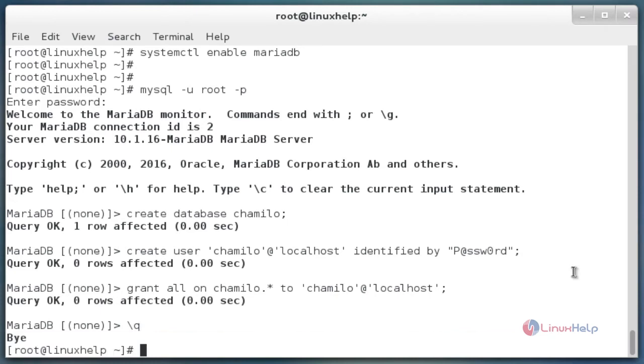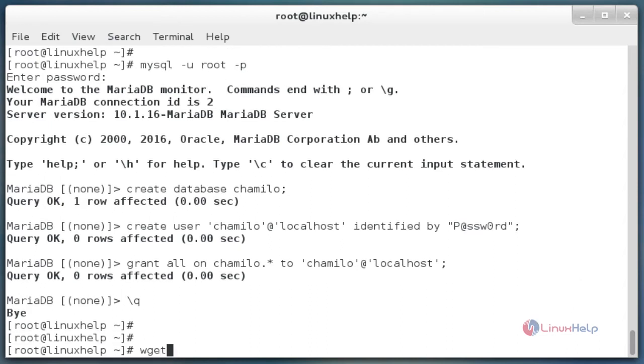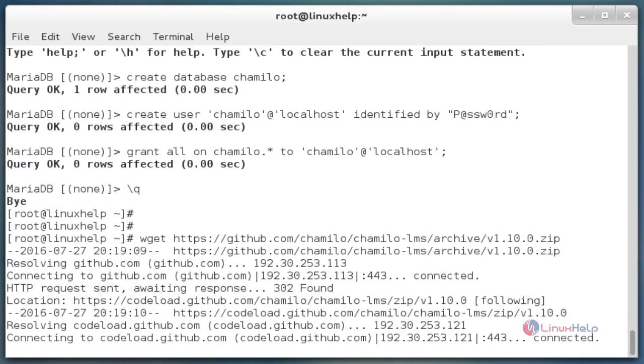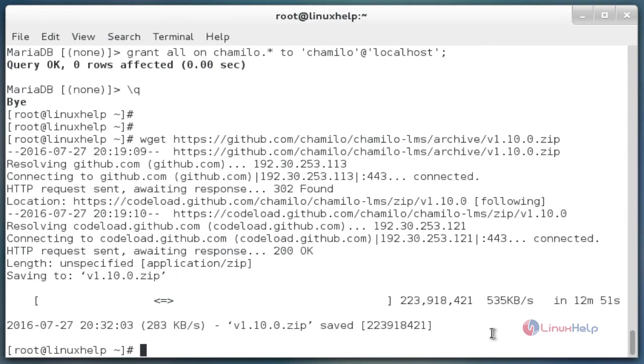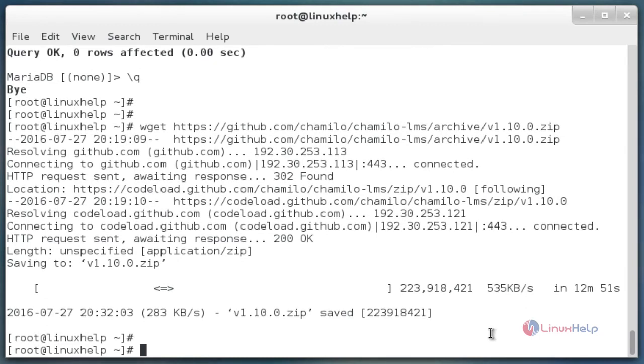The next command is to download the Chamilo package. The command is wget and the URL path. Now enter to download. Now the download is successfully completed. The next command is to open the file.